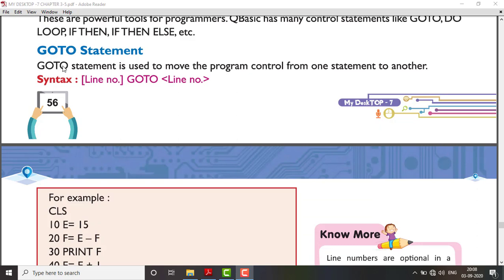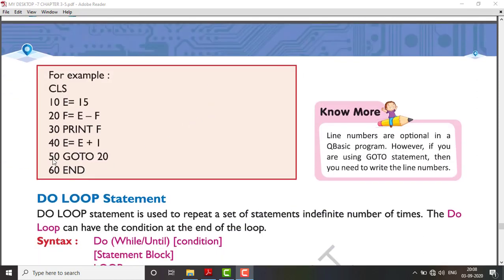First one is the goto statement. Simply, you can say the goto statement is used to move the program control from one statement to another. For example, look here. These are the line numbers 10, 20, 30, 40, 50, 60. Our program will start from this line, and here we have written this goto. As your computer reaches this goto 20, your pointer will move to this line again.